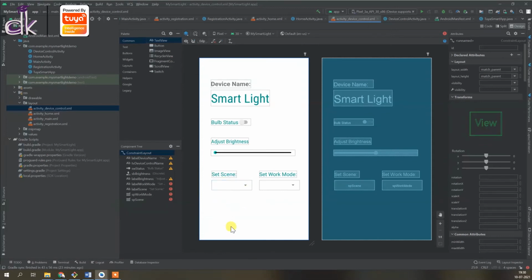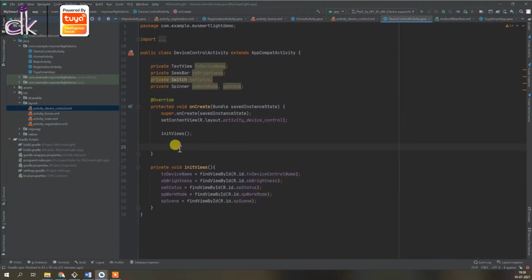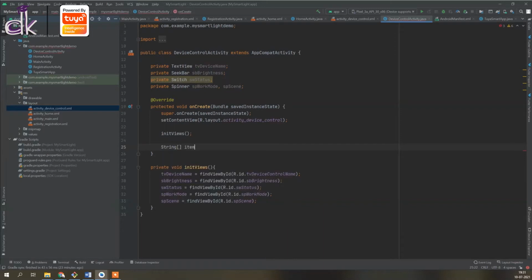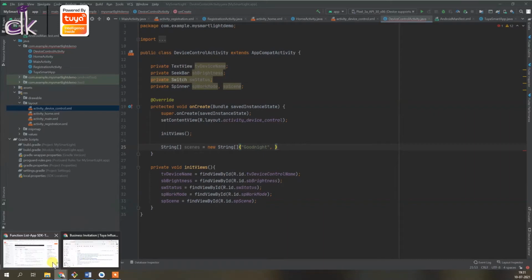Since it's a drop down, you need to populate the list. For that, we'll create a string array, and the different items, or you could call this scenes, is equal to, and inside the string array, we are going to pass goodnight. And I'll tell you why I'm passing these values as well.